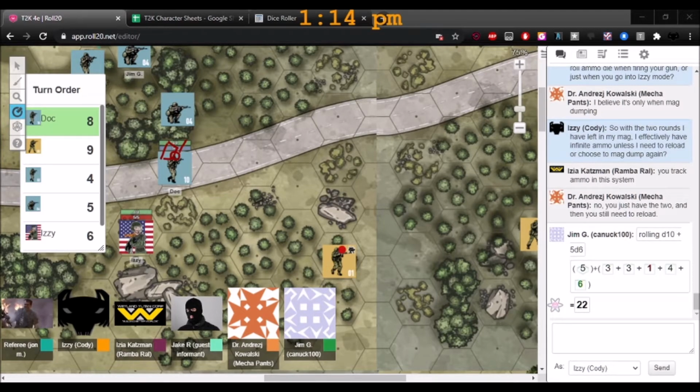I'm going to try to scrabble out, grab him, drag him back, and see if he can be saved at all, or if he is toast. Okay, no problem. You grab him by the foot, drag him into cover, and he does look like you could save him. All right. Well, then I'm going to try to do that. Nice. I've got 5 personal med kits to play with over here. Being a medic comes with perks.